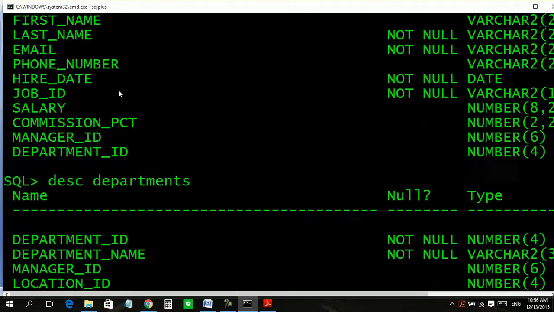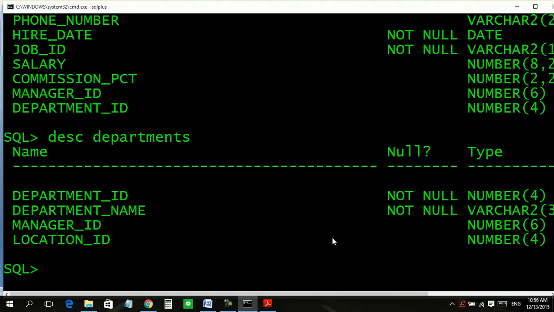Manager ID. Anything else? Department ID. Good.